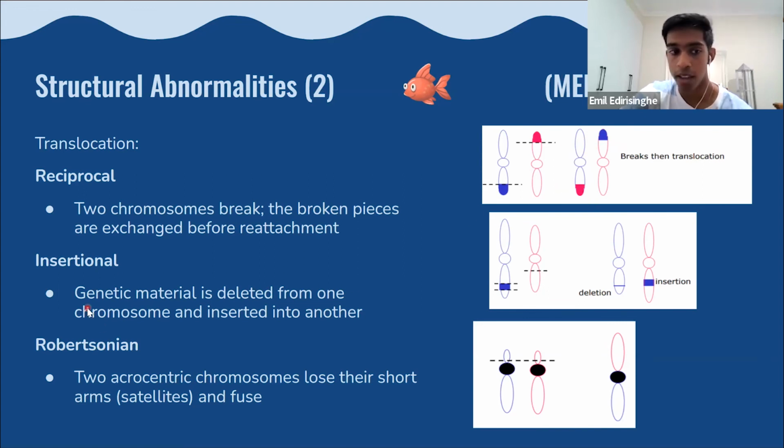There can also be an insertional translocation. So this occurs when you have this blue chromosome here, a section is taken out and it's added into this red chromosome. And then finally, you can have these Robertsonian translocations. And this is when, as we talked about before, there are these acrocentric chromosomes. They can lose their short arms and actually fuse, forming one